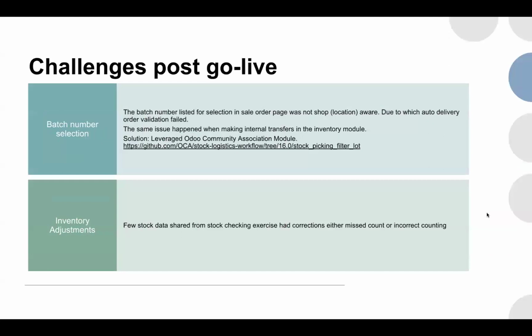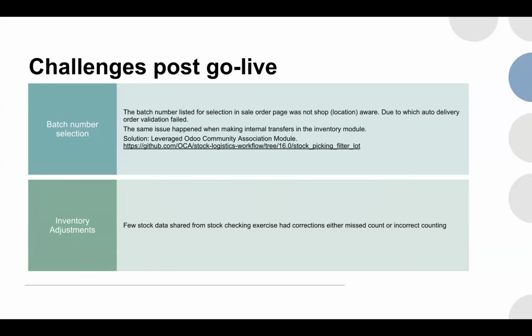And then a few challenges post go live were about the batch number selection. Initially, by default, Odoo doesn't restrict the batch numbers that are available for selection location wise. As an example, you may have a batch that you just procured and have not moved it for dispensation. It would reside in the main stock room, but you have not moved it to the pharmacy. But in the sale quotation or in the delivery order, Odoo allows you to select that batch as well,